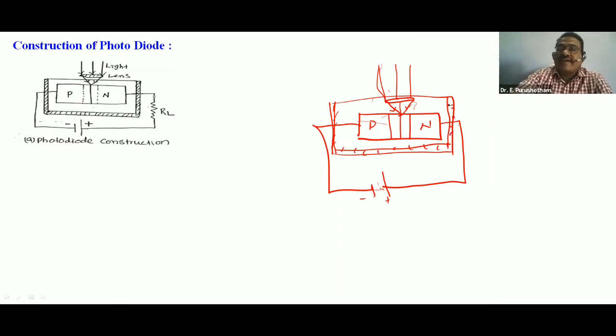So the PN junction diode is so designed. The plastic cover or glass coating cover is so designed that the light rays are allowed to fall on the surface across the junction. The remaining sides of the casing are painted to restrict the penetration of light rays. A lens permits light to fall on the junction. That is the construction. You observe that construction clearly.